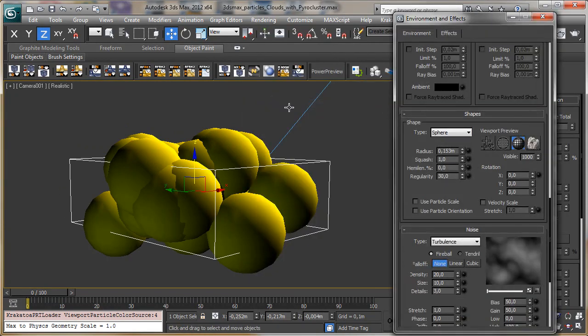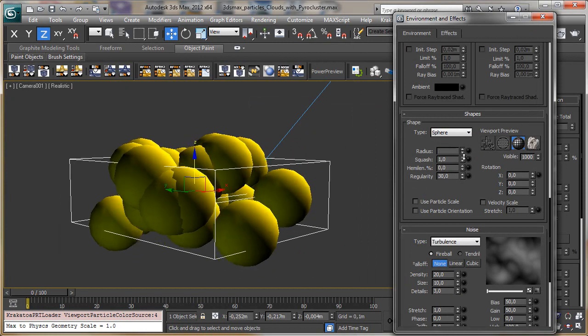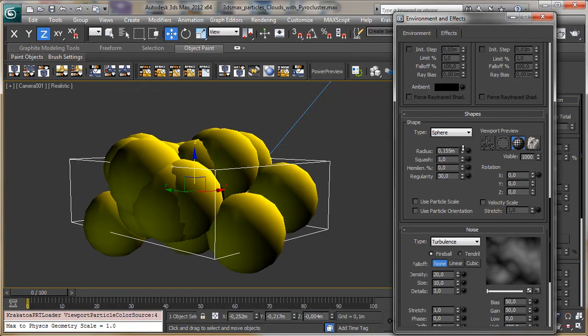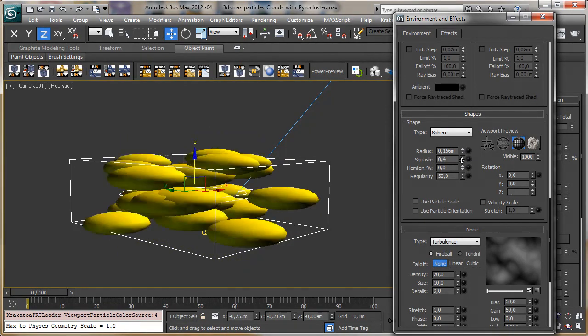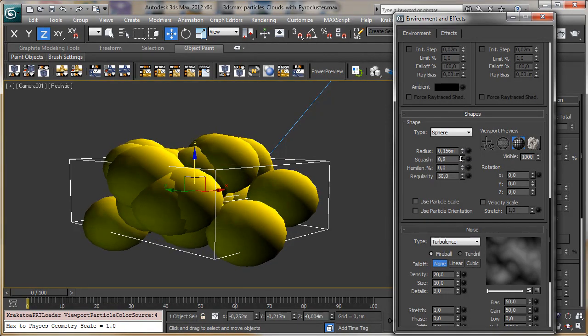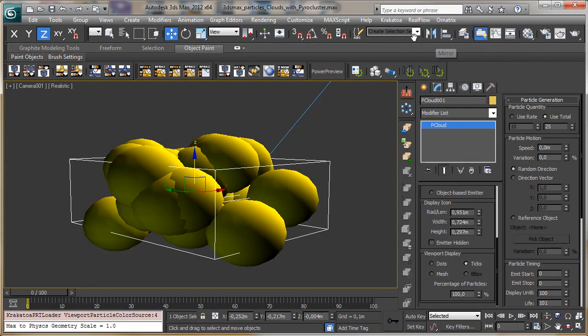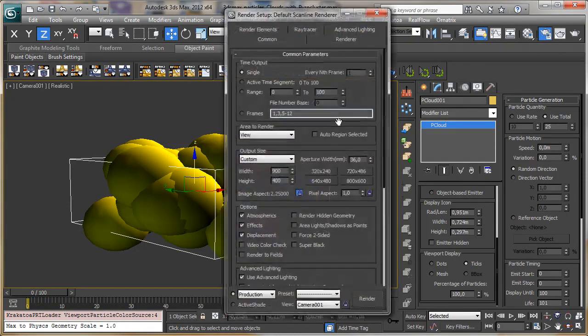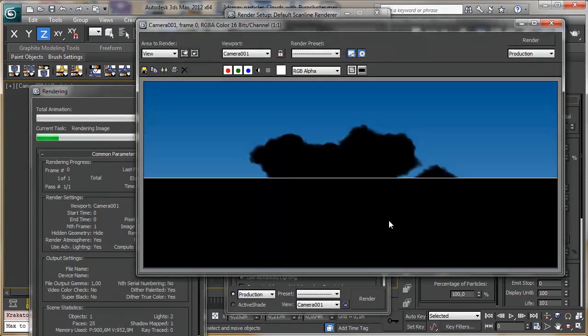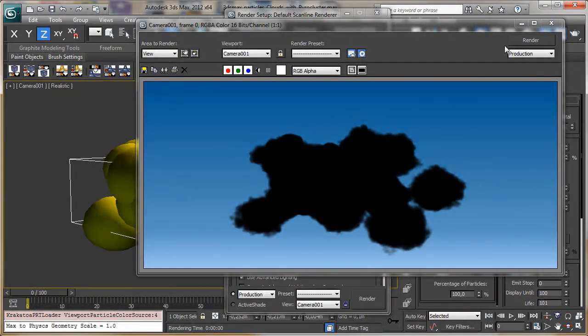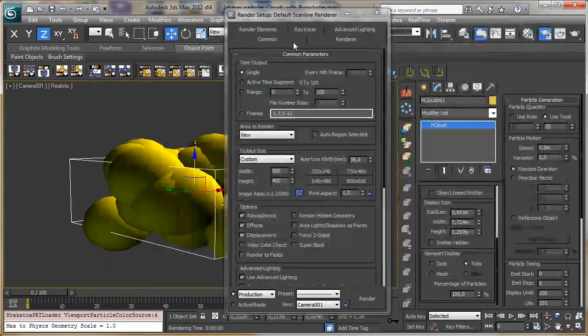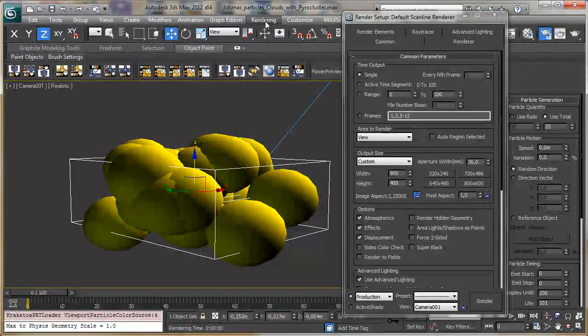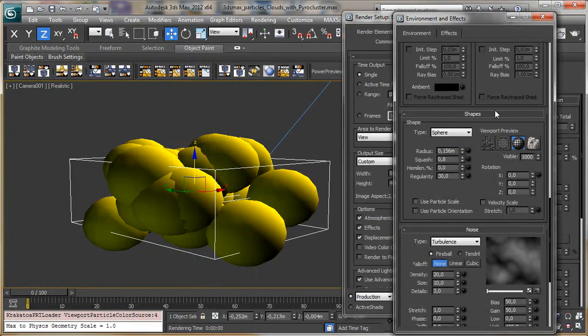Let's go inside the environment again. We can see with a lower scale, but it's better to have something like that. And let's see with the hemisphere. Okay, let's see what happens if we try to render this thing in this way. Okay, we have a black series of volumes,